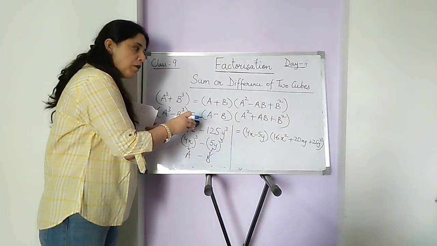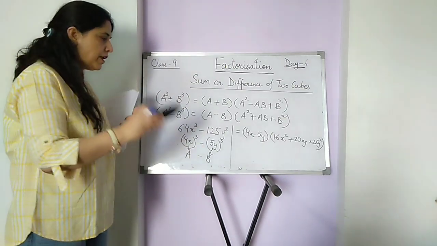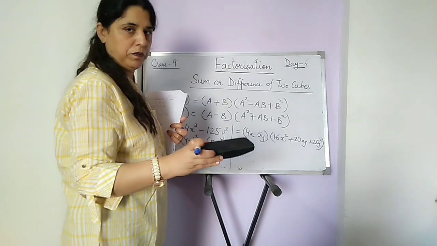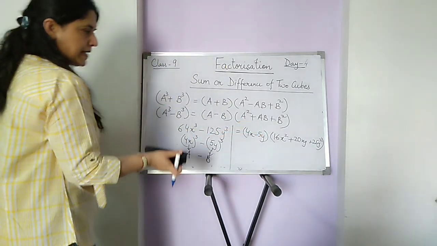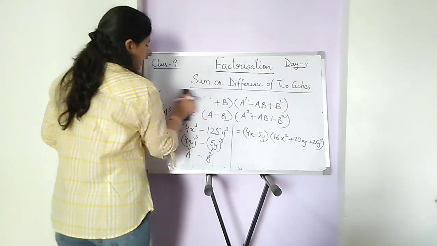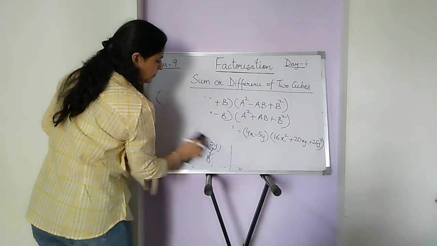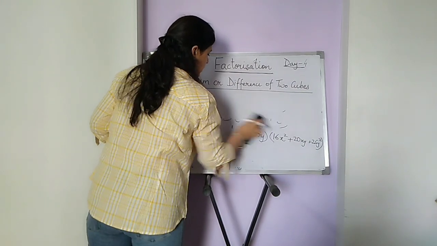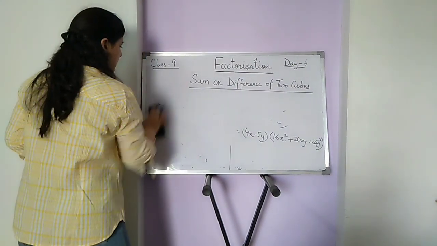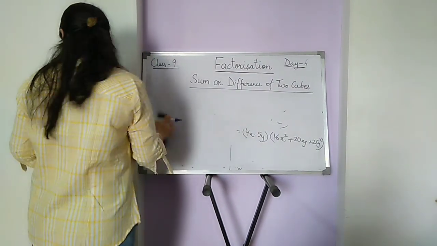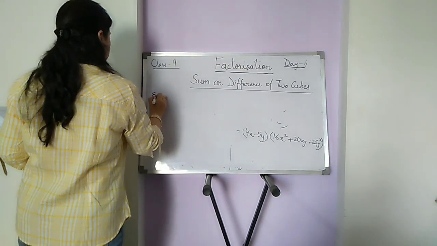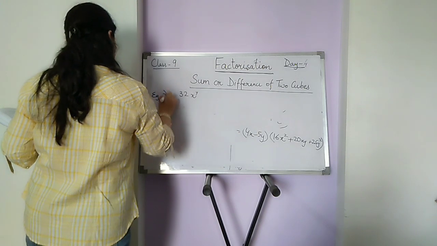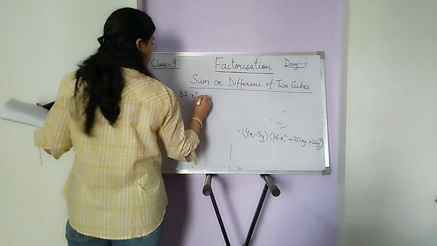Note down these two formulae in your fair notebooks, children, and then only proceed. And whatever examples I am doing with you, they have to be done in fair notebooks. Okay? Now another example. I have to rub this. Another example is example 2: 32x to the power 4 minus 500x.